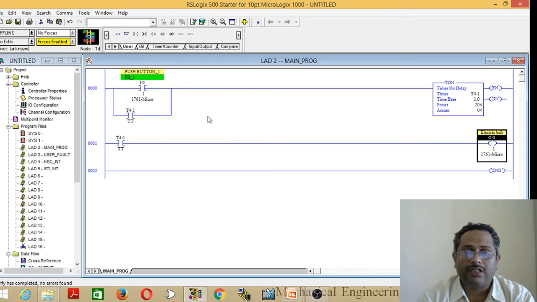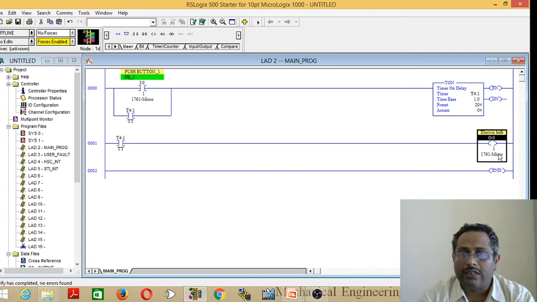First, when you push the input button, it will close and the timer starts counting. Here we are using the TT bit. The TT bit will be true when the accumulated value is less than the preset value. That's why it will be true, meaning it will close immediately after switching on the input button and the electric bulb will be on.